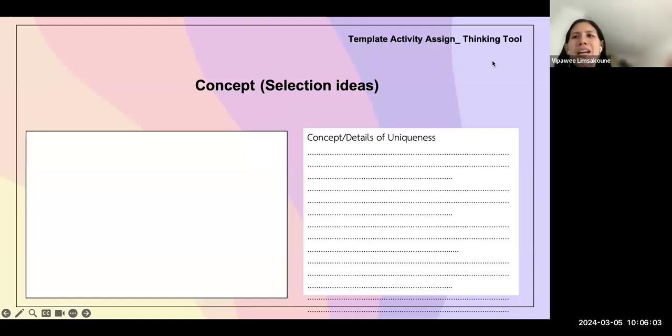And on this page, please provide a draft of your product that you develop. You could use the same photo as last week, or you could change it because you brainstormed more ideas, right? Some parts could be changed.